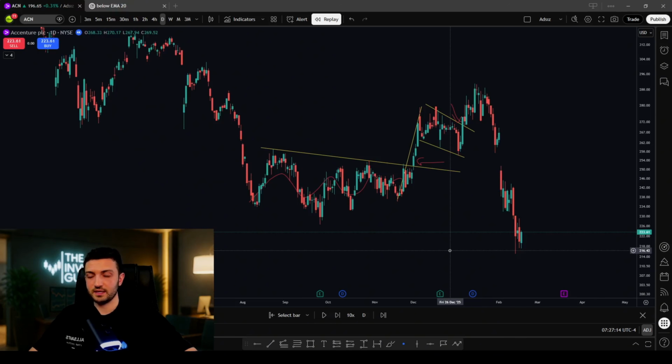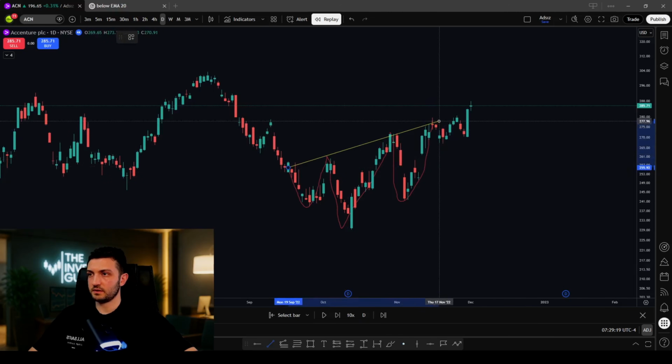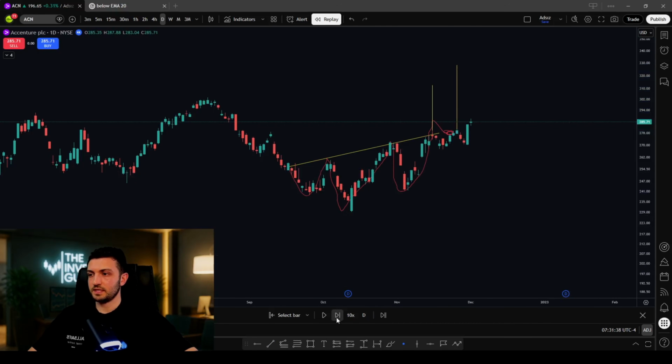Let's see our second example. When you look at this chart, you can easily see this inverse head and shoulders pattern. Here is the neck of our pattern. So what pattern trading tells you is that when you see such a pattern, wait until price goes above this neckline, retest and enter a position somewhere here. And how do they measure the target for this pattern? They will say the first target is here after breaking out, and the second target is here.